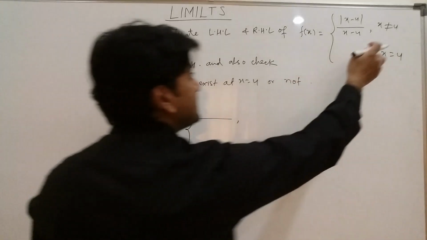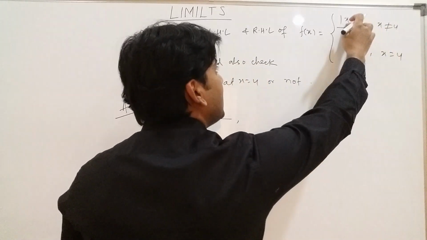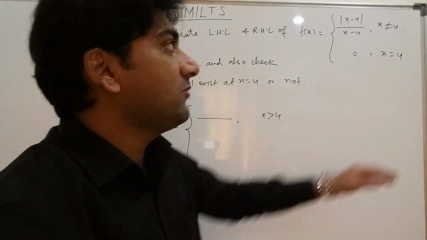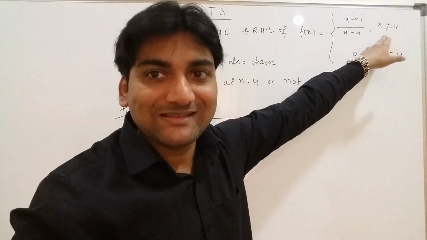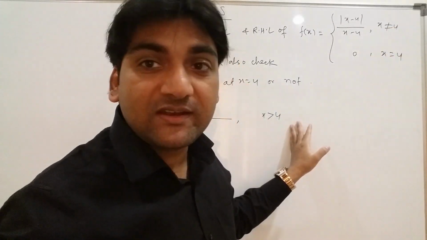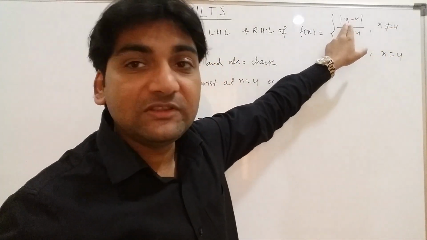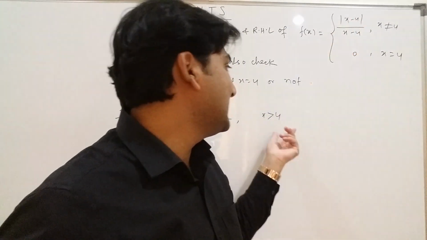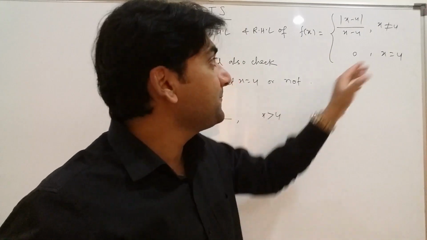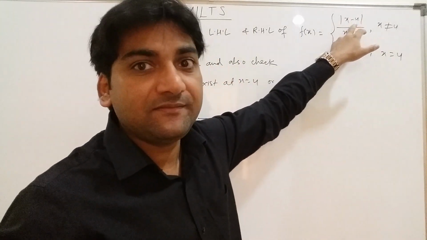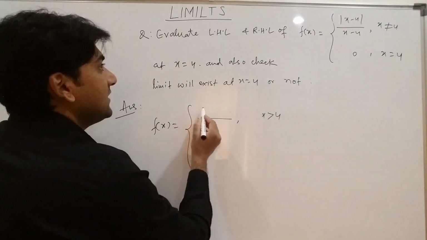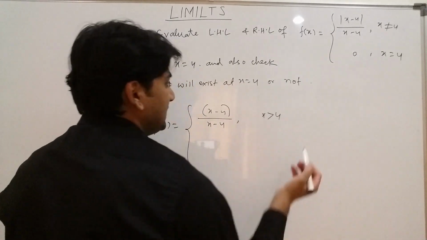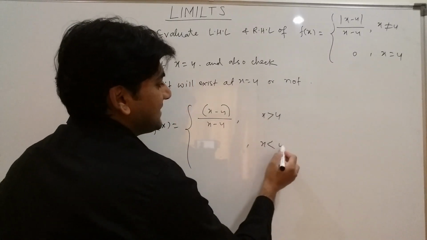some condition is given, x cannot be 4. So for |x minus 4|, the first condition is x greater than 4, right? x cannot be 4, so x can be greater than 4 or less than 4. When x is greater than 4, it will open with a positive sign. You know the modulus concept and modulus properties. Take x greater than 4, say 4.1, and 4.1 minus 4 comes positive, so it will open with a positive sign. So here it would be x minus 4, and in the denominator it is x minus 4, so no need to worry about it. Now x less than 4,